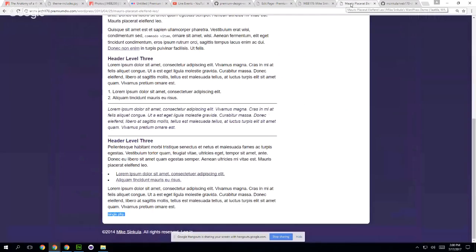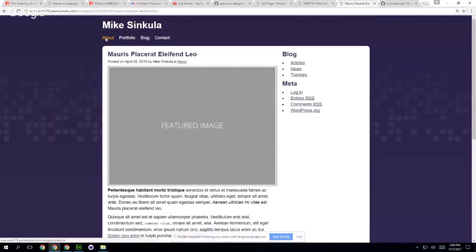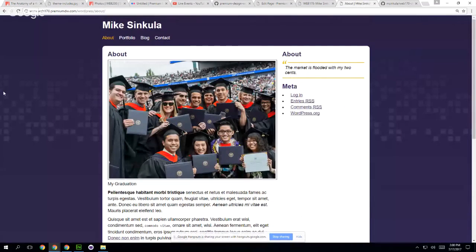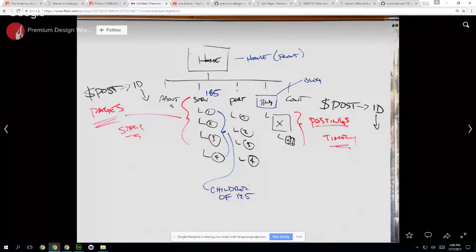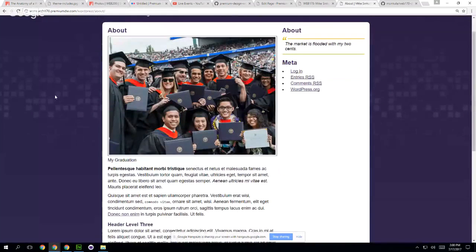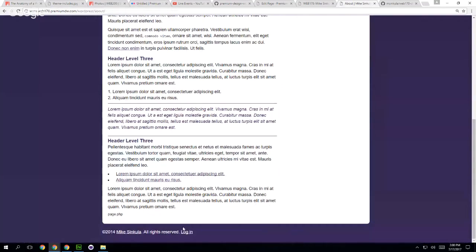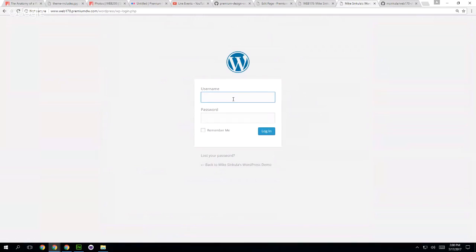So if I am on the About page here, I am loading a standard page in my information architecture hierarchy, right? So if I log in and